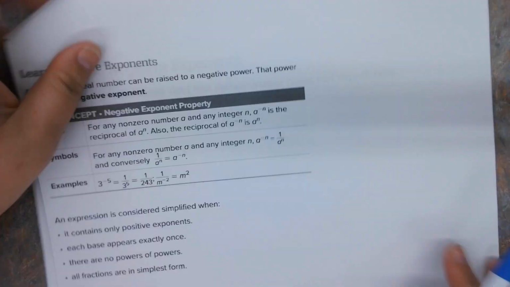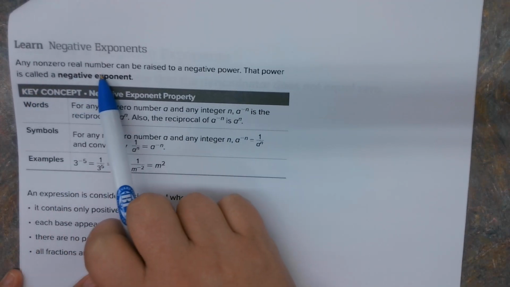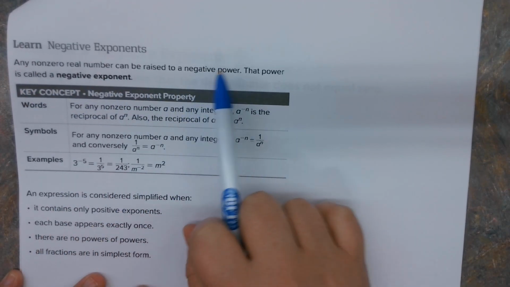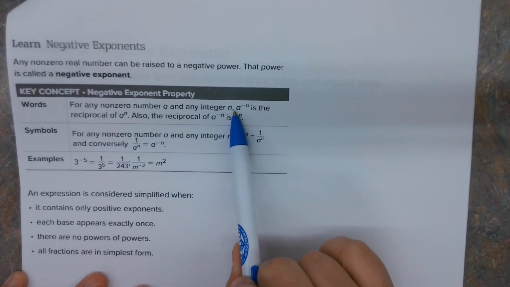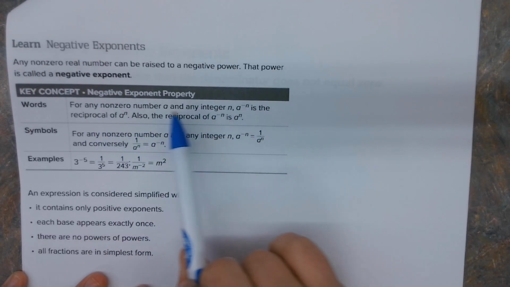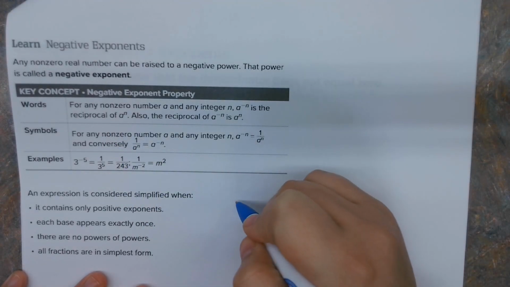Okay, moving on to more about negative exponents. So there's rules. Any non-zero real number can be raised to a negative power. That is called a negative exponent. For any non-zero number, so like a is negative, it's the reciprocal. So I'm going to show you what it looks like. If I have a